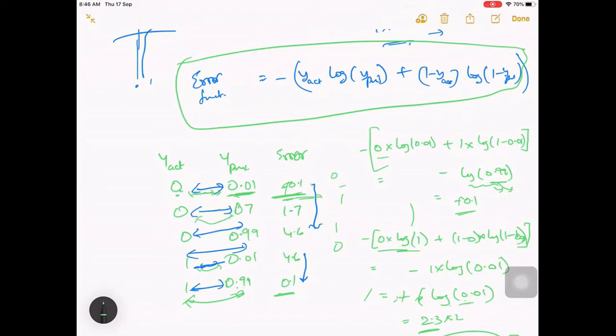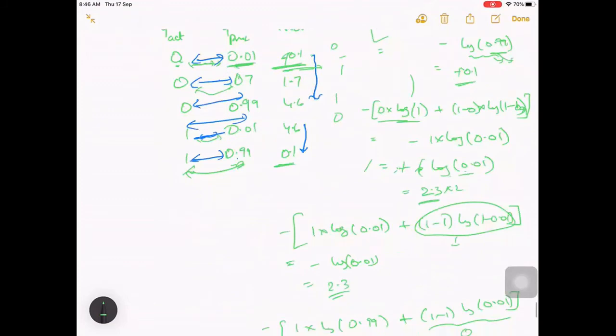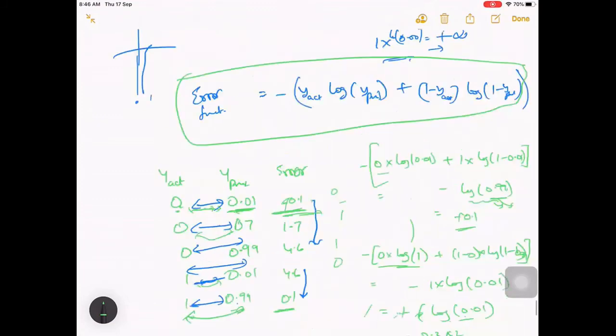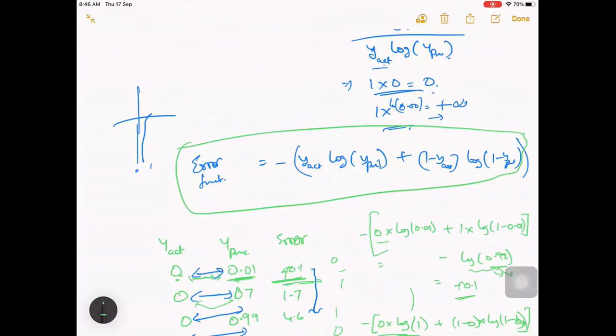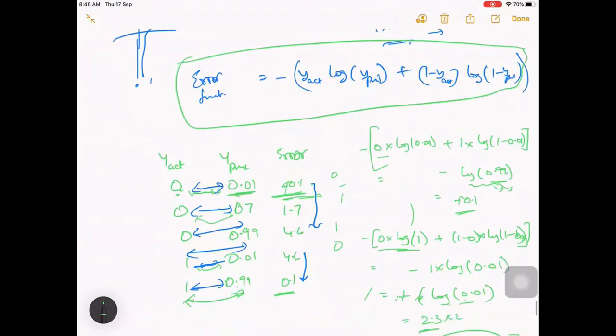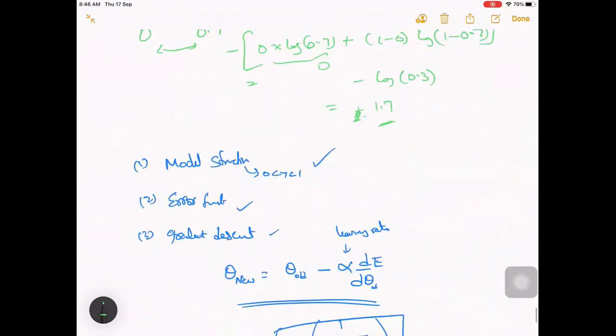So this not just minimizes error. By doing this kind of gradient descent, it will also ensure that your model is confident to classify between these two. It's because the error function is indirectly penalizing, right? It is giving a value, and with that we are doing some kind of gradient descent in the end.